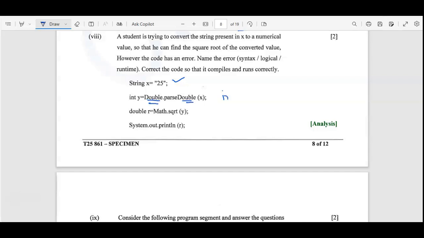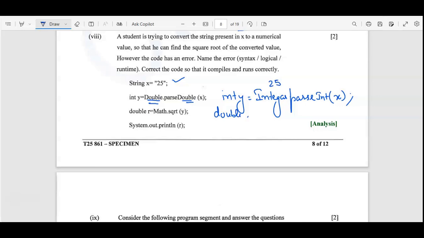Instead of this statement, you write int y is equal to Integer wrapper class, Integer.parseInt, and then you write x here. Now we have double r is equal to, so if you check the value of y, this will be the integer value of 25. So 25 only will store into it.